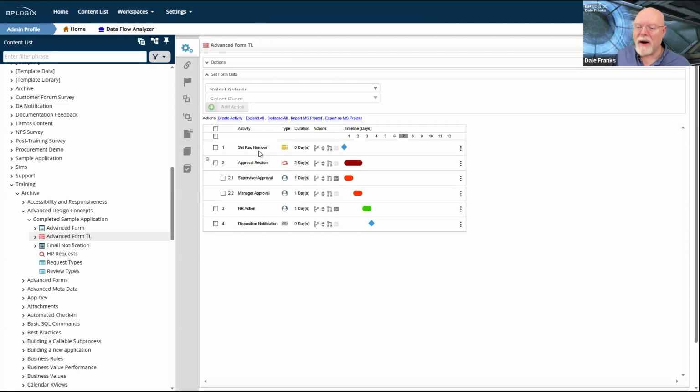I'm willing to give up the minimal overhead that I add to my application to call this set form data custom task, even though technically I have set form data available in the timeline definition itself, and I have it available in the form itself. But I want to ensure that I don't actually set that field's data until I have an actual submission. So I really can't do it in the form, but I could do it here, and I wouldn't need to use the custom task, and I wouldn't need to add the extra overhead.